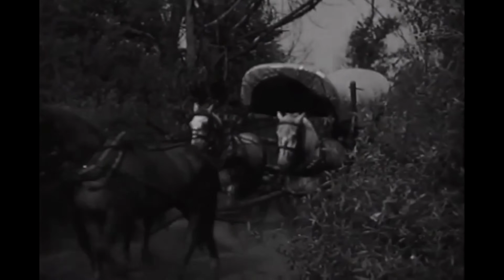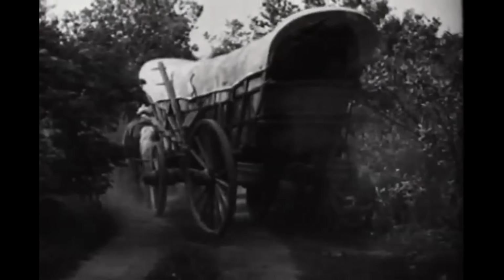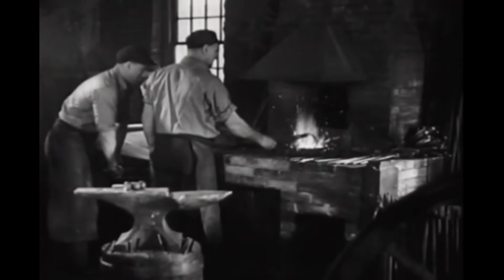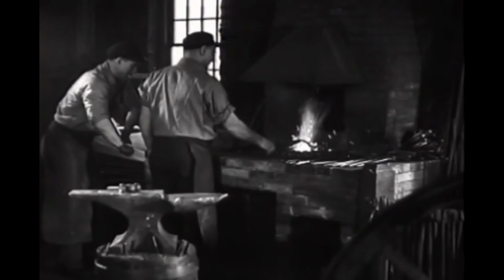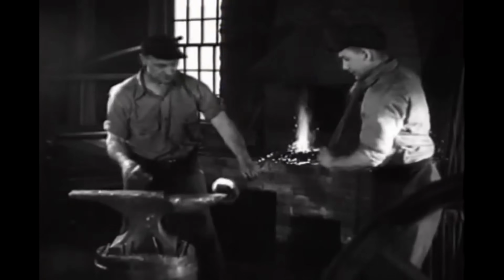Less than 4 generations ago, transportation was neither better nor faster than it was 4,000 years ago. The Conestoga wagon still was the last word when the winning of the West began. Industry was not much farther along than transportation. Men still had only primitive tools to make the weapons and implements they needed for the work of opening up